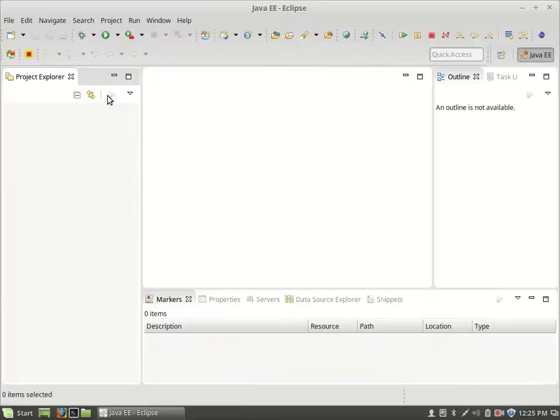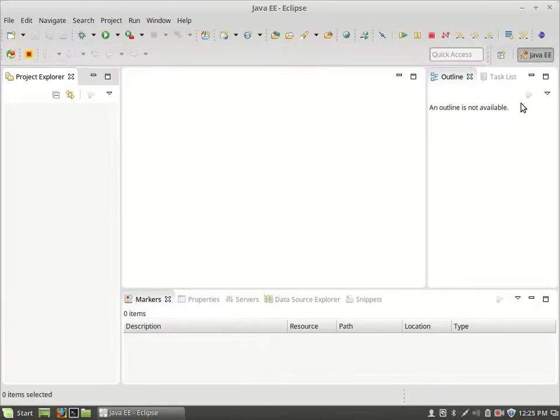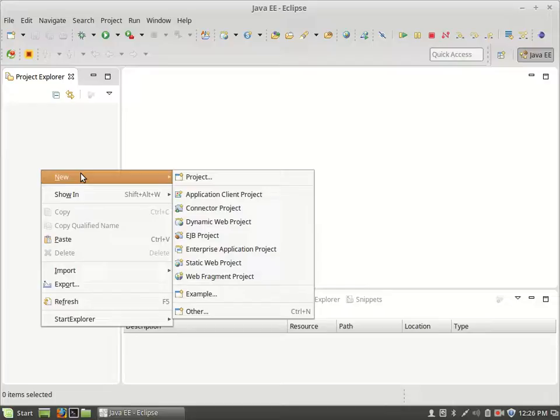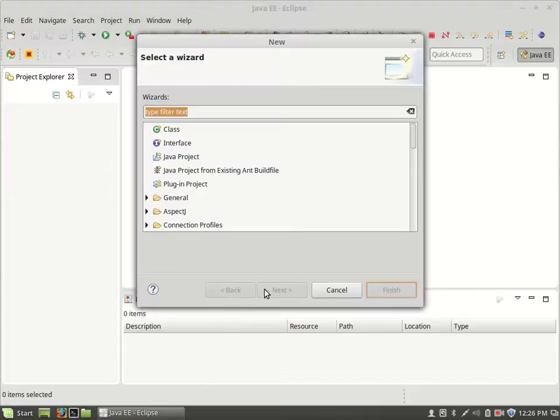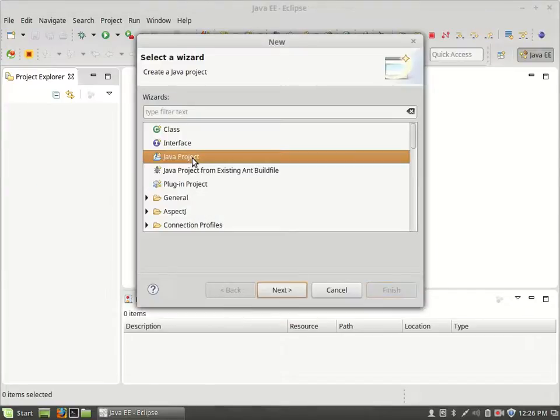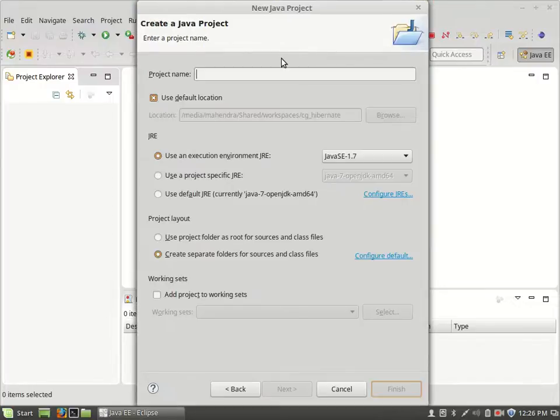Okay, so here we are going to try our first Hibernate project. Right click, new. We don't have to create any dynamic web project here. A simple Java project is sufficient. Java project, next, first demo,